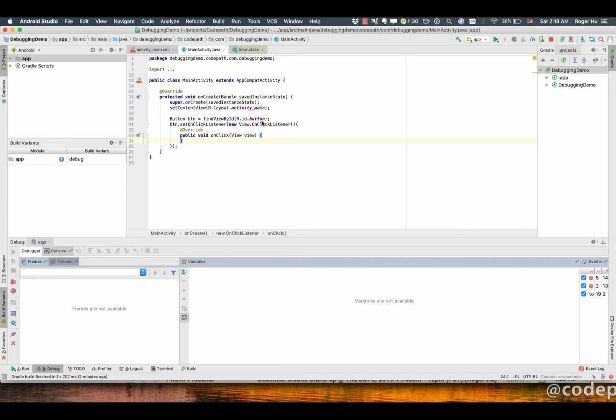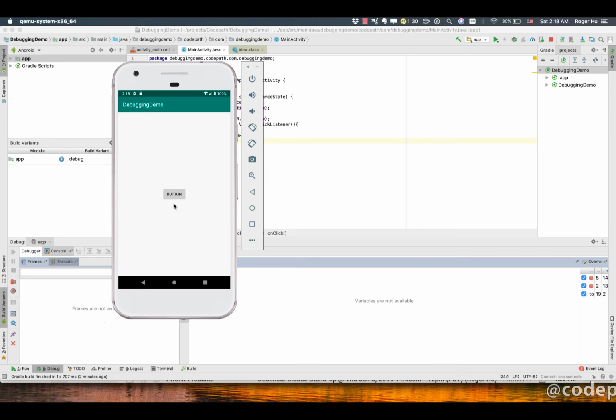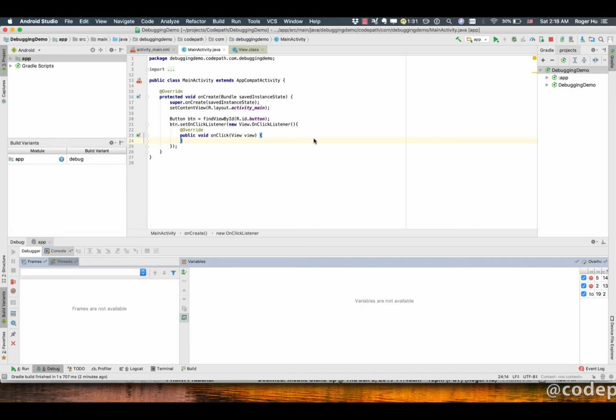I'm going to show you a few ways to help diagnose issues in your app. The first is to use toast, which helps you display messages in the emulator. Let's say I have this app running and I want to make sure that the button is actually being triggered. I can simply add a toast to make sure it's being handled. I can do that by going here and typing